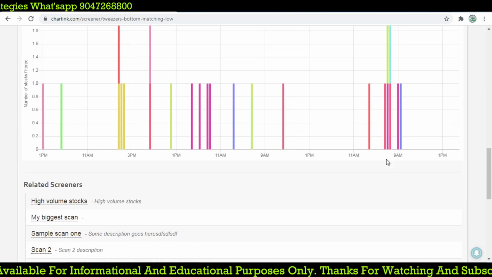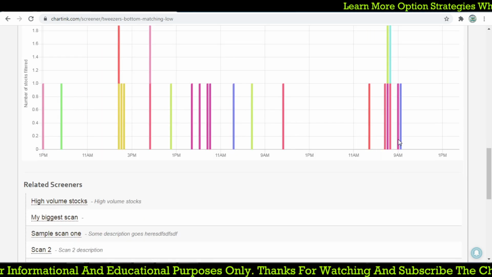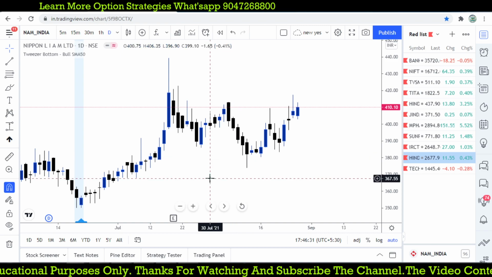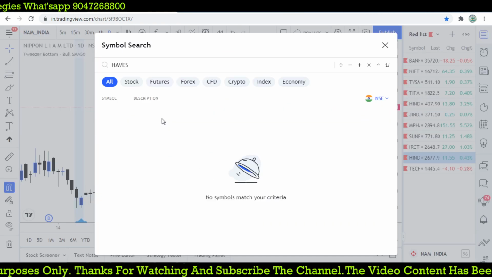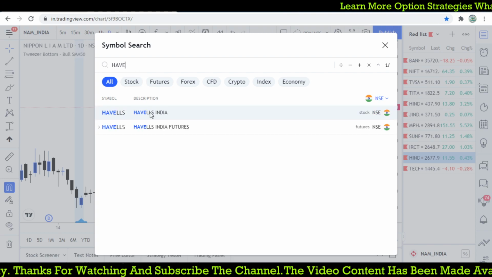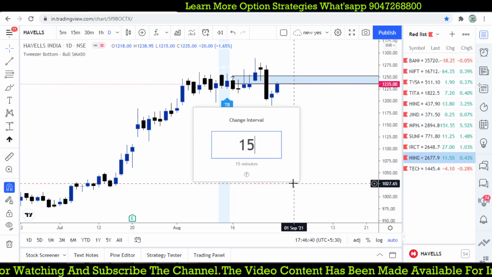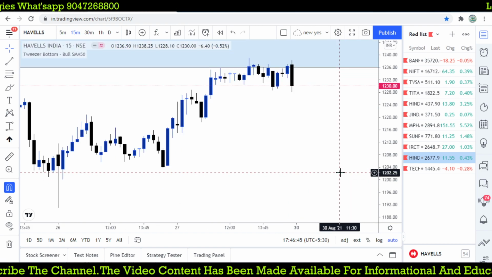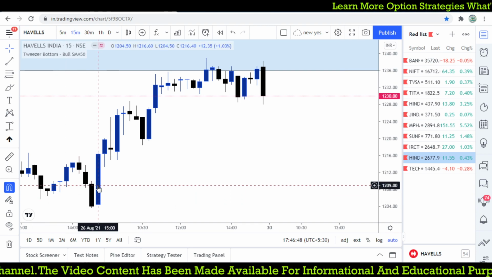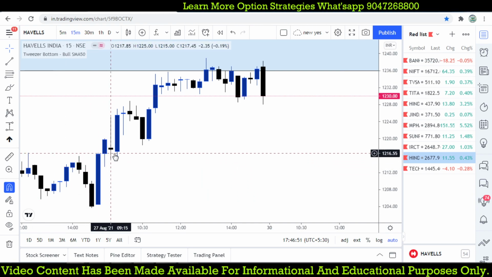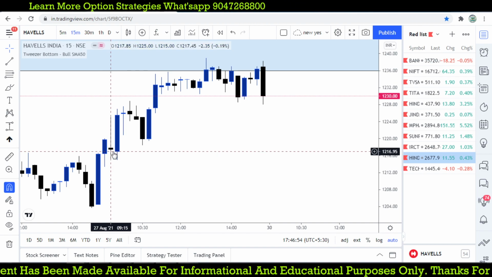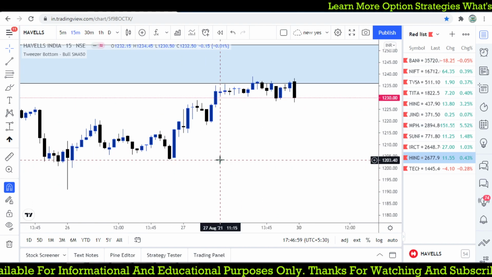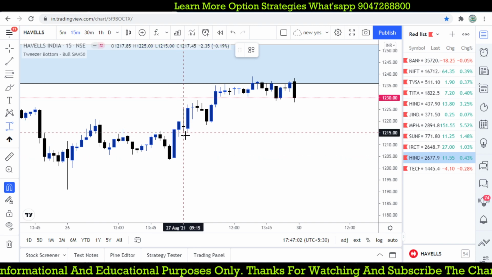Some stocks are forming an intraday opportunity, at 9:45 and another one at 9:30. Let's go for the 9:30 one, that is Havells today on the 15 minute time frame, not the daily. Where is it exactly? This is 9:30. So this low is 1215, again 1215. So if you have a trade opportunity on that, there is a trade opportunity.